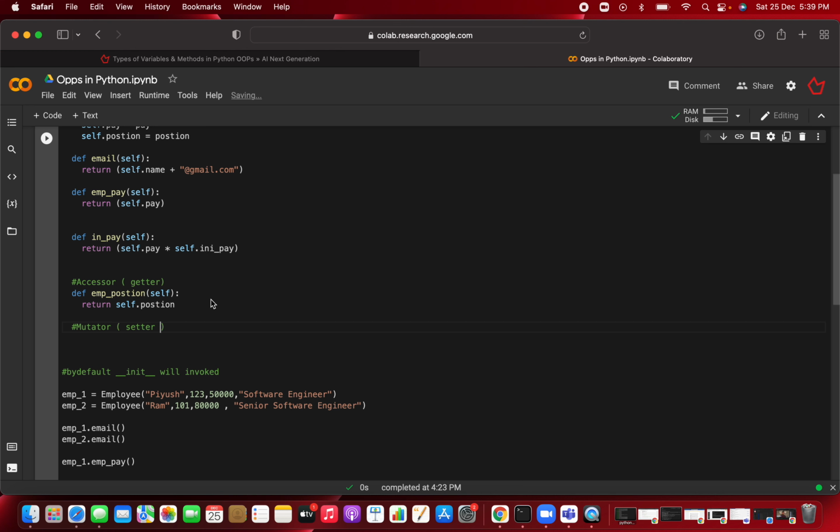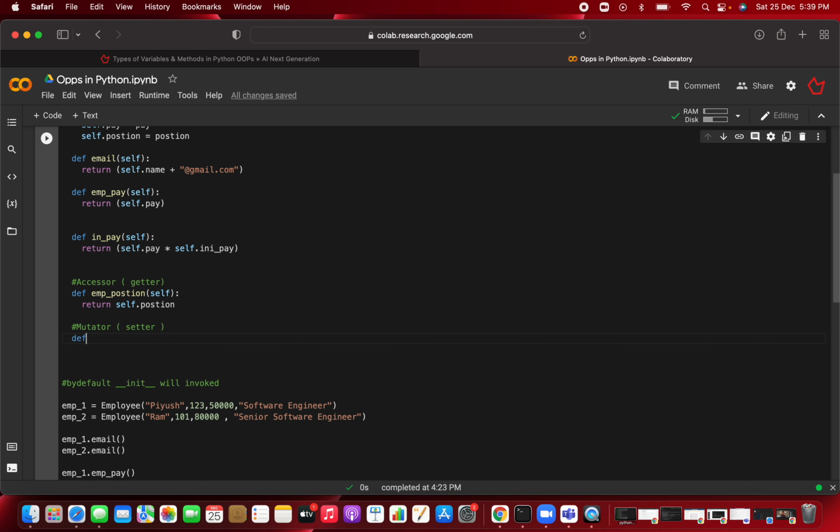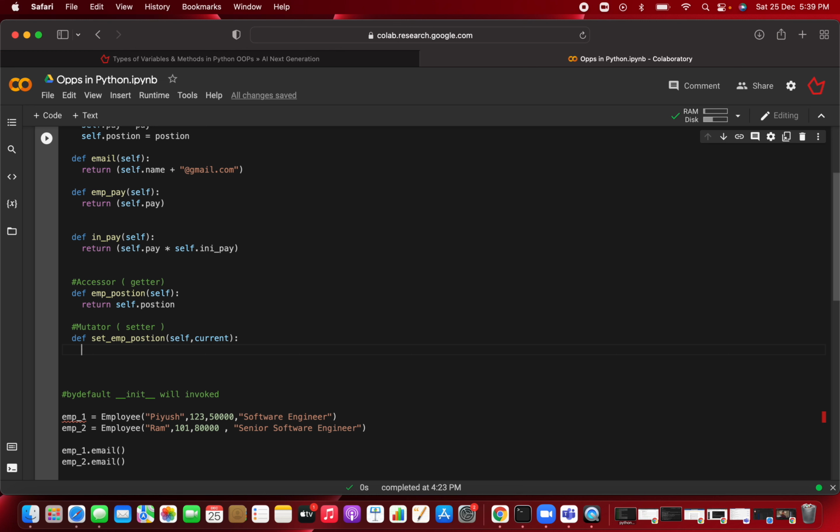So you are creating one method again, that is a setter method, because whenever you want to set your position, you write set employee position, and it takes two arguments. The first argument is the constant self argument, and the second argument is the current position you are going to set. You are just writing current, that's it. This current is the parameter you keep whenever you create the object, and then from that object you call this set employee position. Clear? Then you write self dot current position, the current position of the employee, you are setting to the current value. This is what they have set, that is, the current position.